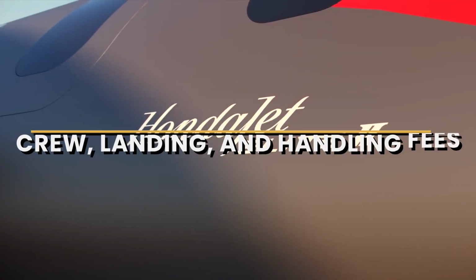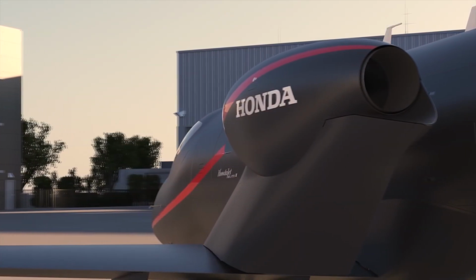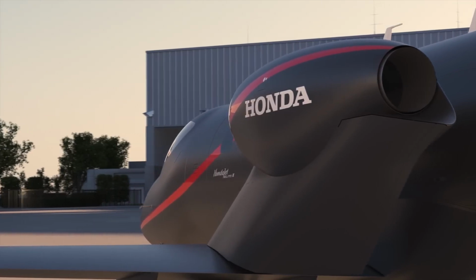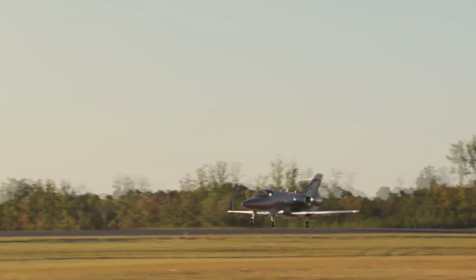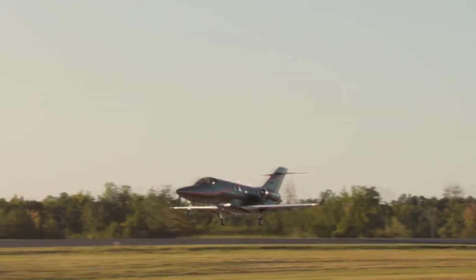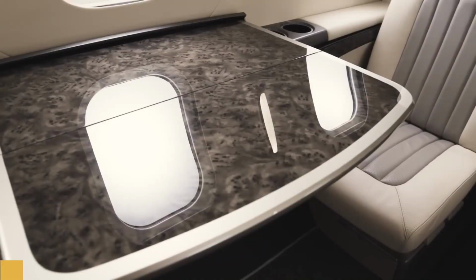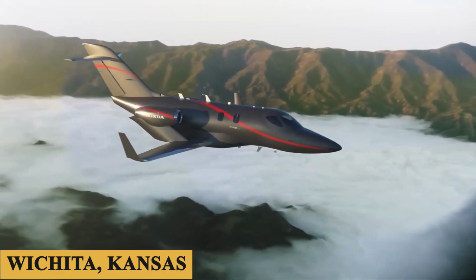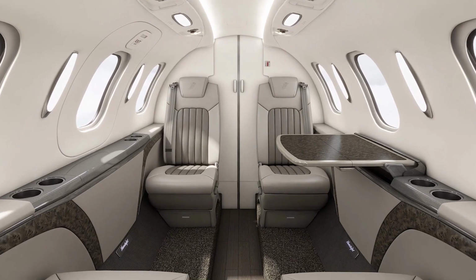The fourth is fees for crew, landing, and handling. Crew fees are those that you need to pay the crew during an extended stay. Additionally, crew fees are highly dependent on the length of stay and the location. For example, crew overnight expenses such as hotels and food will cost far more in New York City than in Wichita, Kansas. Secondly, when landing at an airport, aircraft are charged a landing fee, which is usually based on the